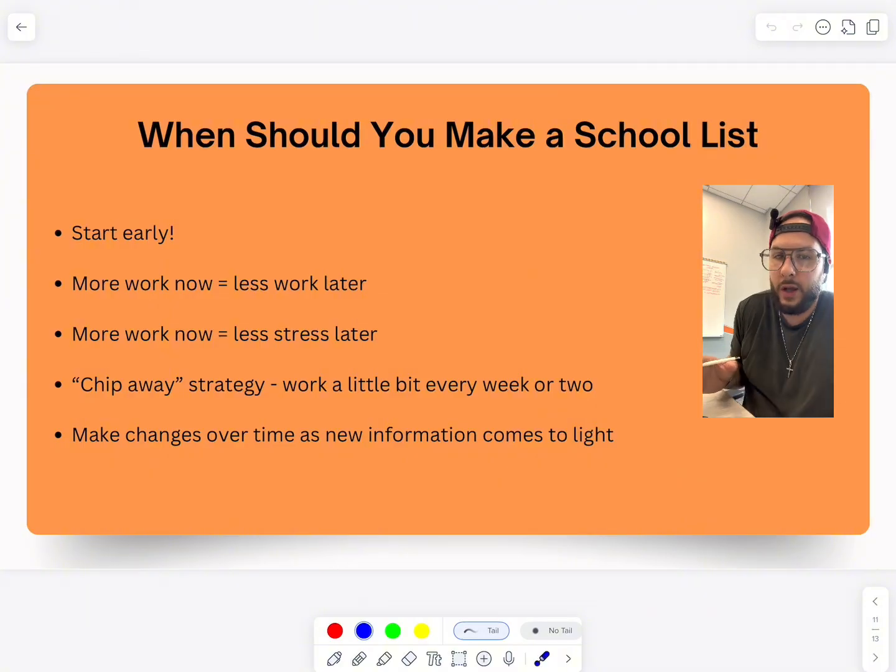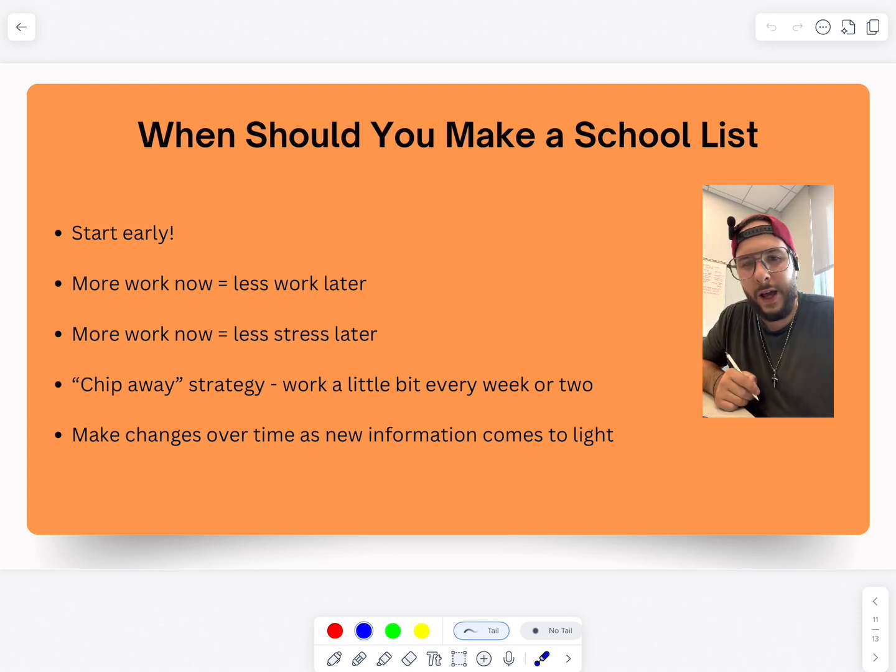You've gotten a lot of that legwork out of the way. It makes the application process a heck of a lot easier. So I encourage you to start early. There is no time too early to start thinking about this. Of course, the only thing you don't want to do is spend all day, every day thinking about this and forego your other responsibilities. But if you've got an hour on the weekend, look into medical schools for a little bit. Think about where you want to apply.